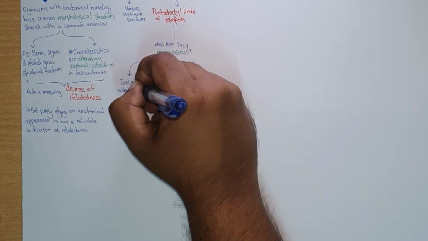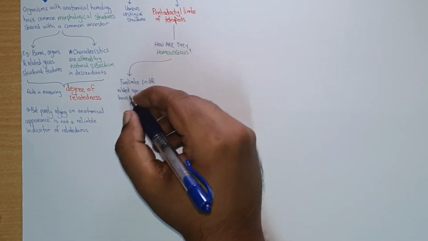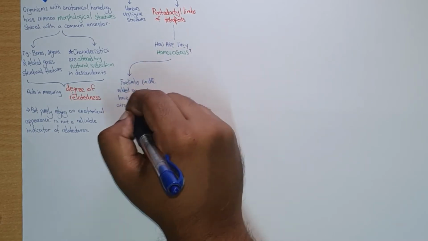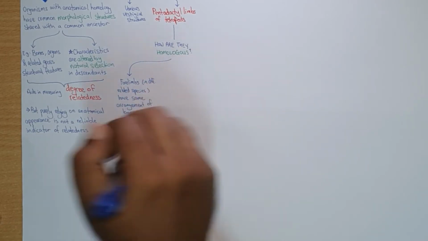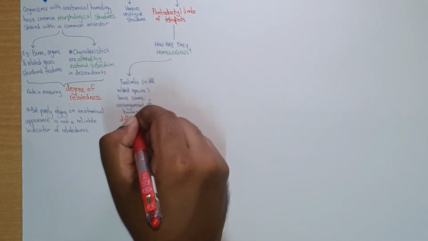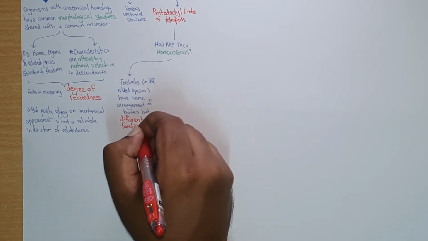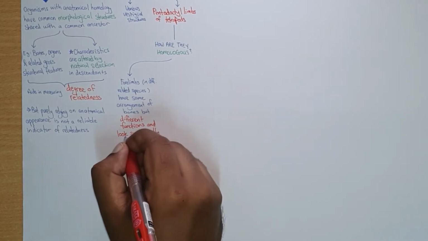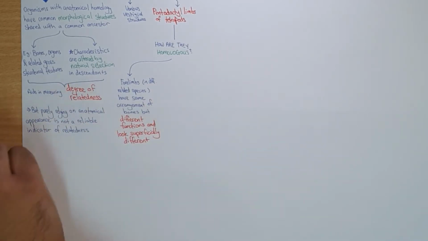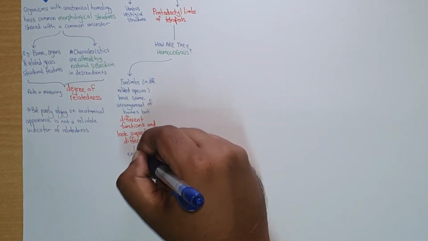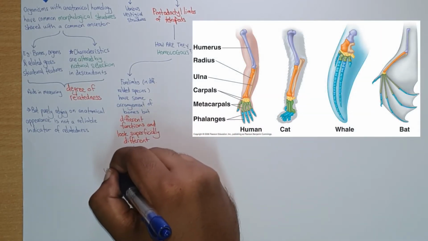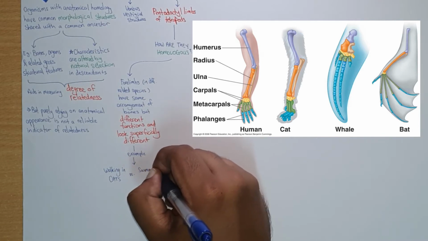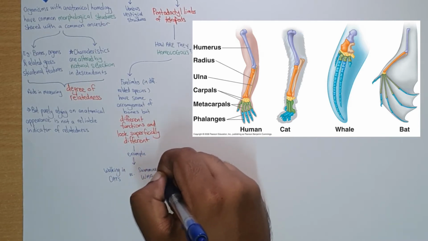That means the front limbs, maybe in humans the hands, or in other animals the forelimbs. In different related species, they end up having the same arrangement of bones, but they have very different functions, and they also end up looking superficially different. That means on the outside they look very different. So even amongst mammals, you will see drastically different adaptations and functions,